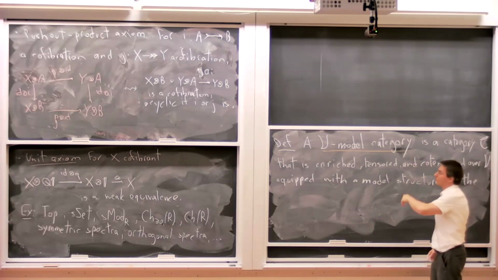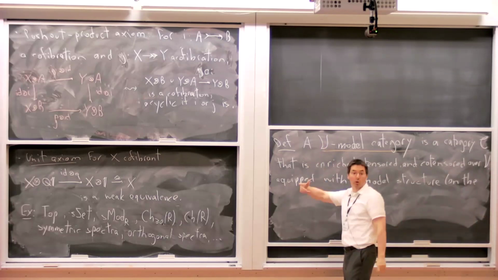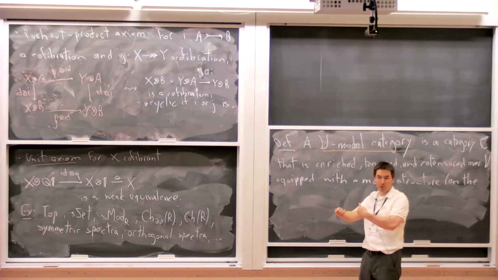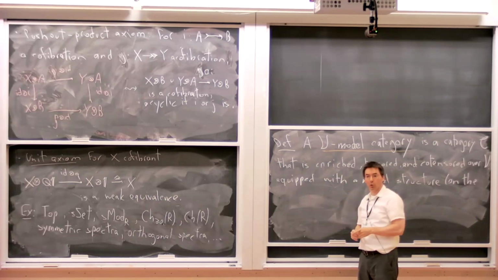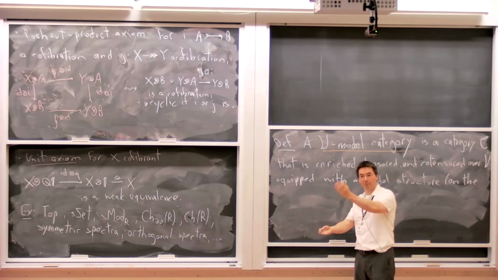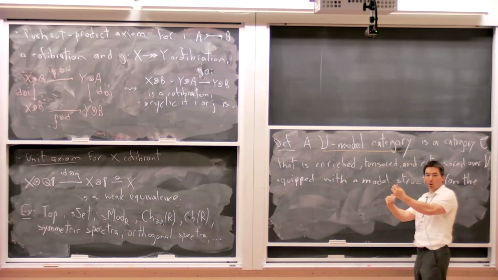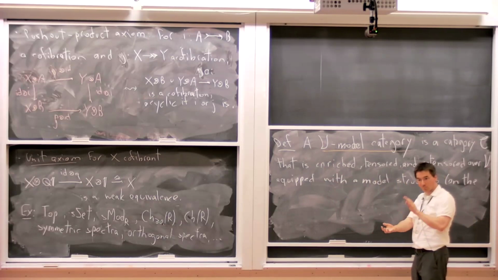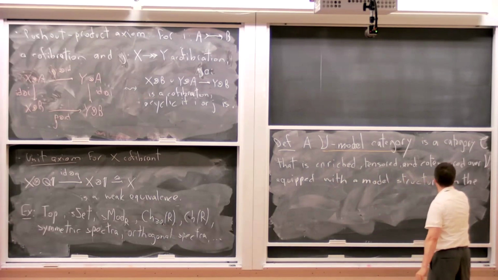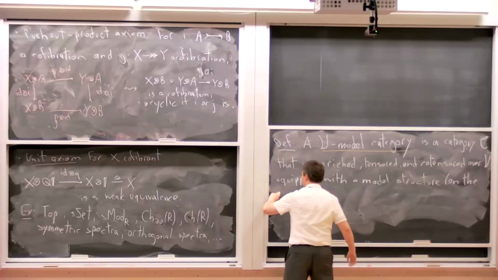For any monoidal category V, there's an underlying set, which is just the Hom set from the tensor unit. So any monoidal category comes with a canonical forgetful functor to sets. And in particular, any V-enriched category has an underlying category by changing the enrichment along the forgetful functor. So that's what I mean here, by underlying category.